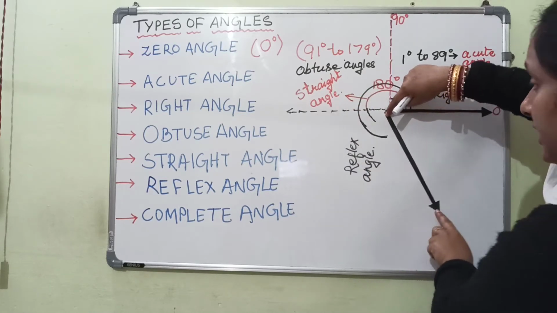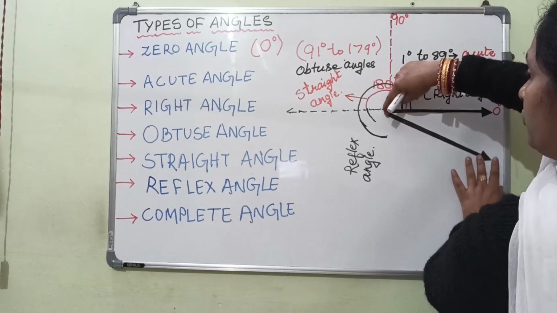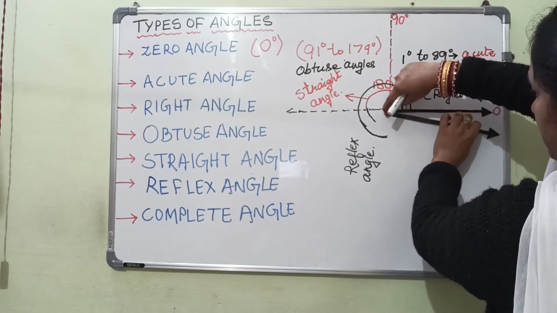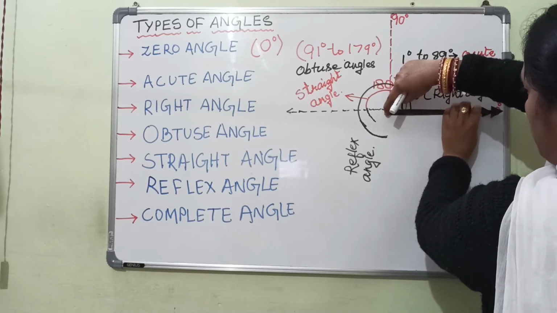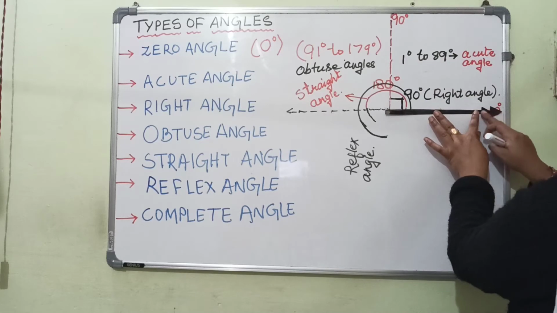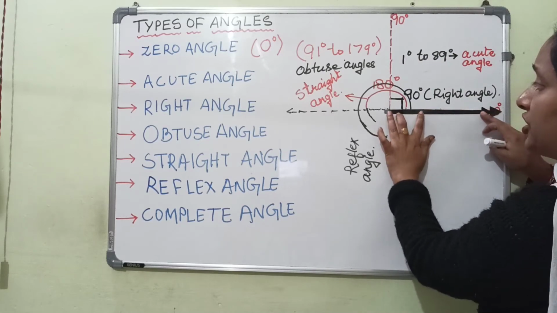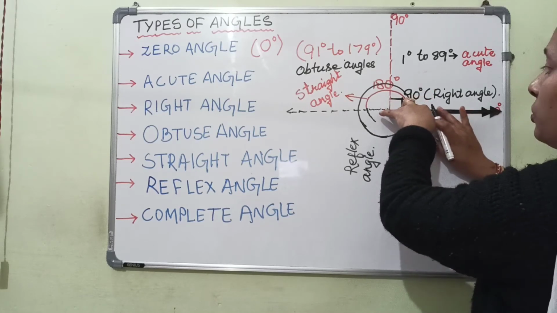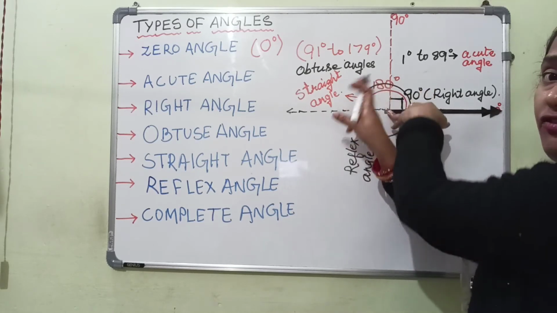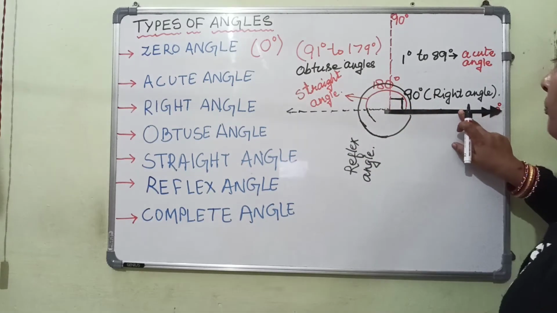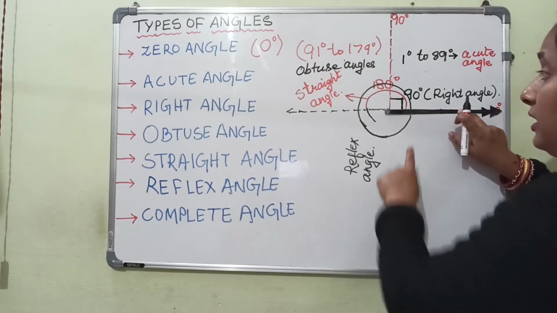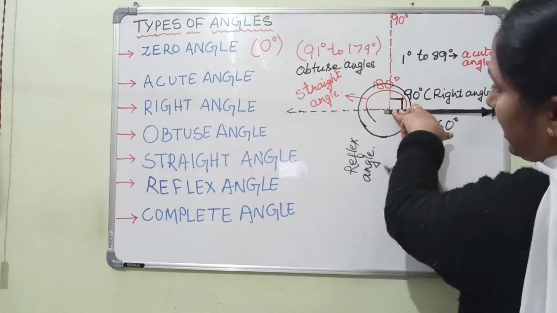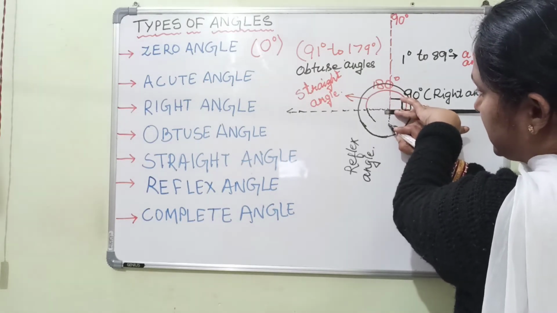So if I keep on moving this movable arm further and complete one revolution, I am completing one round. What will happen? The movable arm will come again to its original position. So now it has completed one complete round. The angle formed by these two arms with one complete round will be 360 degrees. Now you see how it is 360 degrees.